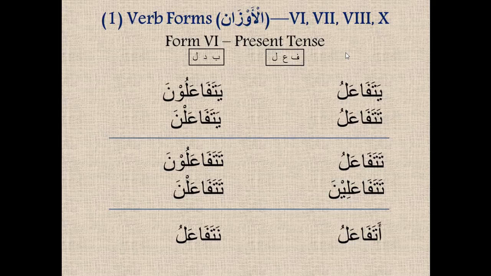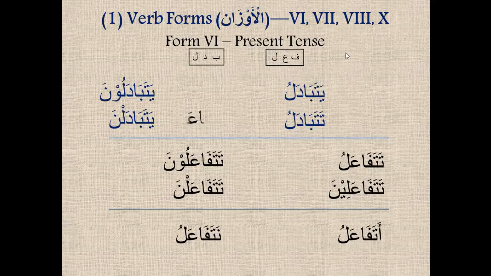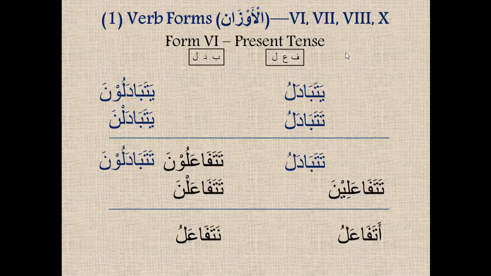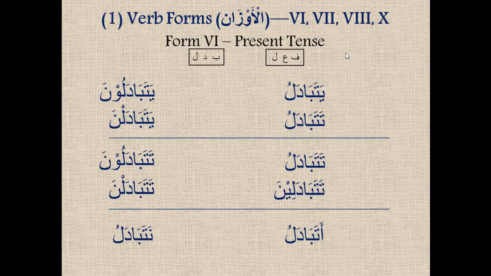Same verb in the present tense. Yatafa'alu, yatabadalu. Yatafa'alun, yatabadalun. Tatafa'alu, tatabadalu, yatafa'alna, yatabadalna. Tatafa'alu, tatabadalu. Tatafa'alun, tatabadalun. Tatafa'alin, tatabadalin. Tatafa'alna, tatabadalna. Atafa'alu, atabadalu. Natafa'alu, natabadalu. So one thing you'll notice is that as the form number increases, as we move towards form 10,